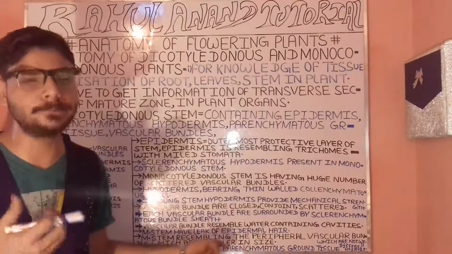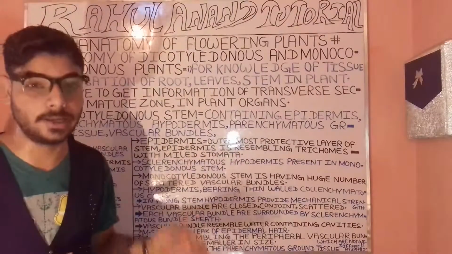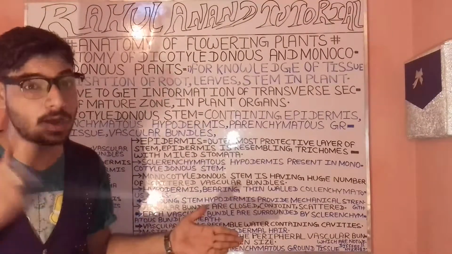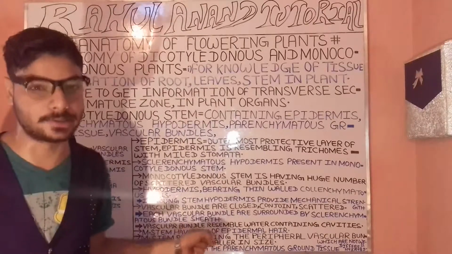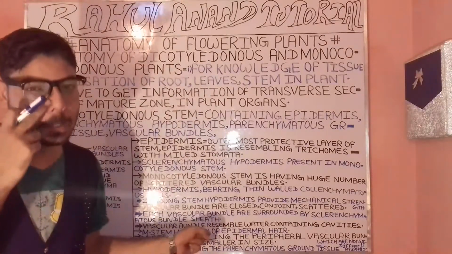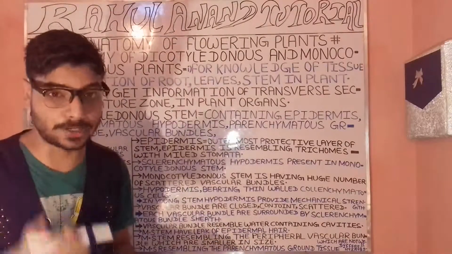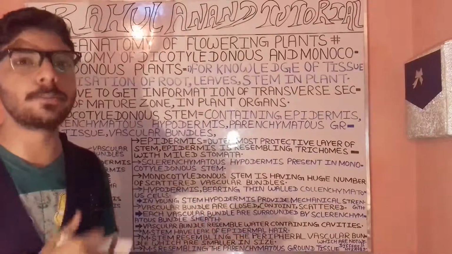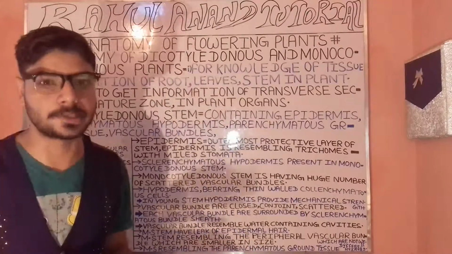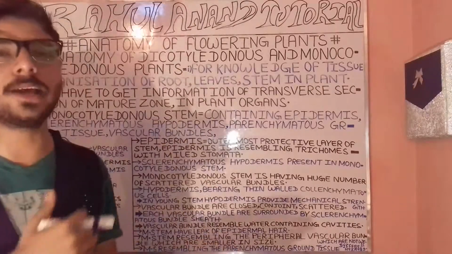We often have different and very important components in the case of the monocotyledonous stem. So we have the hypodermis. Remember what the hypodermis is? Tell me. When we are talking about the important components and parts of the monocotyledonous stem, it will bear the hypodermis. Remember what the hypodermis is? The hypodermis is composed of a thin layer of the